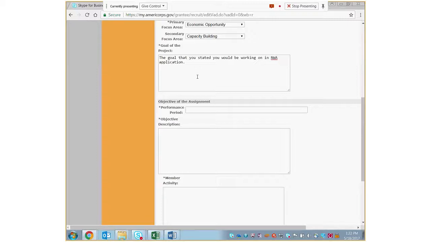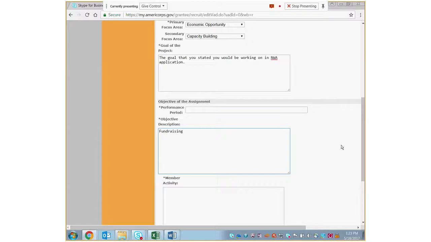So I like to talk about financial literacy. It's an easy thing for me to talk about and reference. But let's say your goal for the year is to create a brand new financial literacy program in which a curriculum is developed, volunteers have been identified to deliver the program, and fundraising has been completed for the particular program. So what I've basically mentioned there are three specific objectives that are going to lead to the completion of the VISTA assignment. And so the one was fundraising, and that would be one objective.